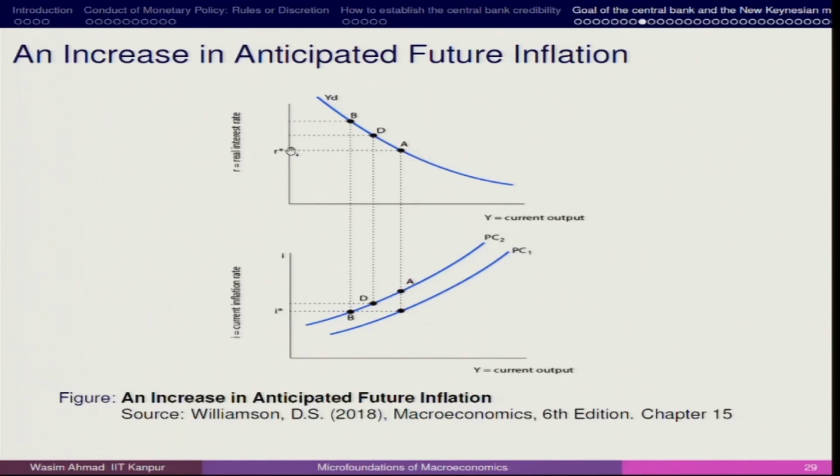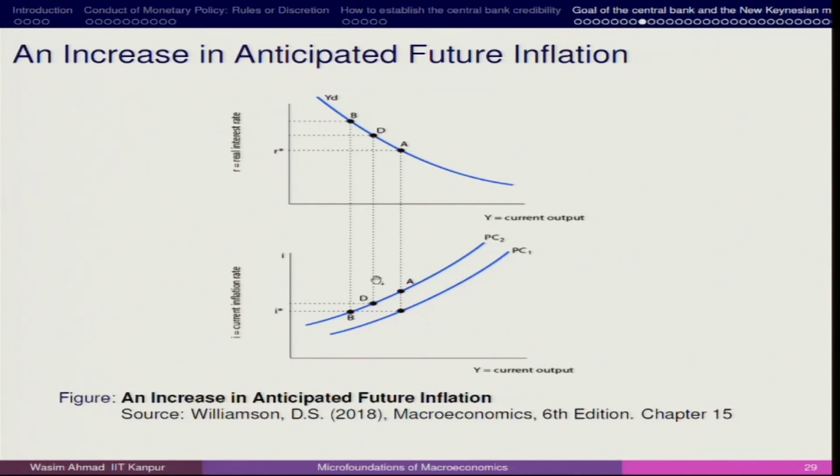Here, R star is the real interest rate, A is the initial situation, and here we have I bar star. Now, suppose there is an increase in anticipated inflation, which could be because of future inflationary expectation scenarios. Some firms are not following price rigidity and have gone for increasing prices. If that is the case, the Phillips curve shifts up. The Phillips curve moves up, a leftward shift, and the leftward shift leads to higher inflation.